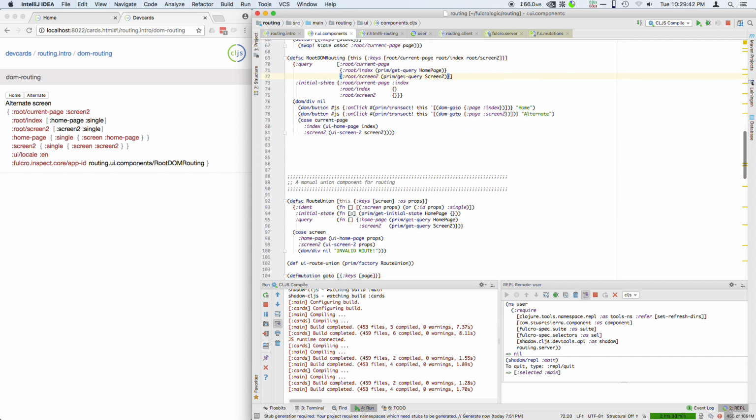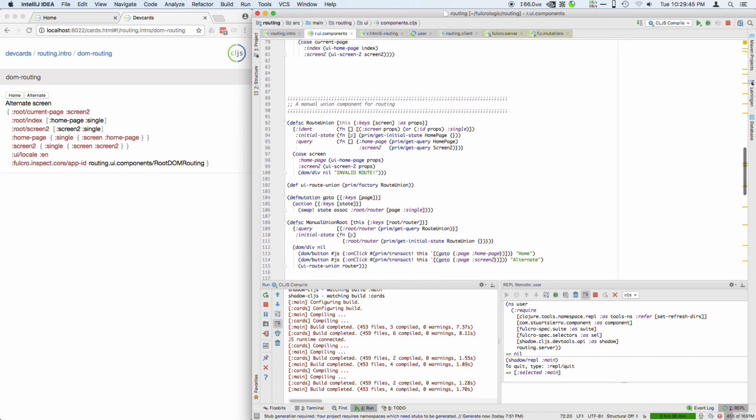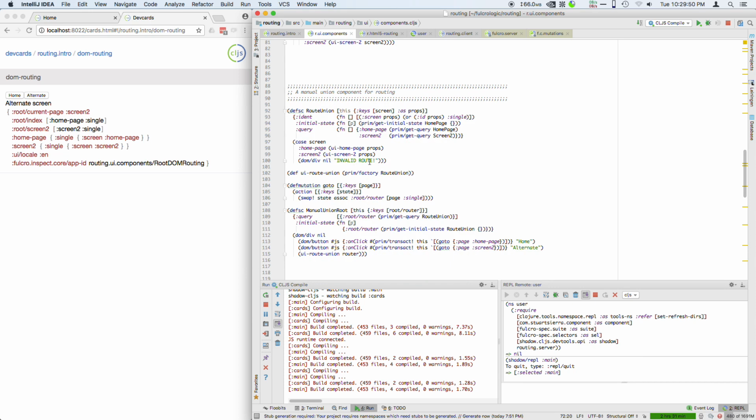So the answer to this, the simple answer, is unions. We talked about union queries in an earlier video, and essentially what they're for is swapping queries out based on an ident. So we have the same screens here, and what we've done is we've created a route union where the query is either, if the ident's first element is home page, the query of home page. If the ident joining this thing through is screen 2, then the query is screen 2. We still end up with a case statement here to render whichever is correct, but now the screen is coming out of the props,